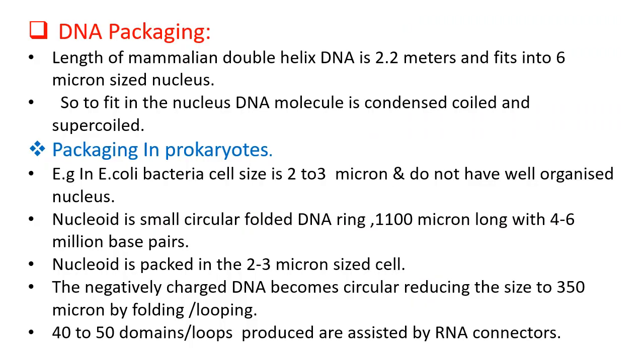You have already studied the structure of DNA in 11th standard. You know that DNA is a double helix structure made up of two antiparallel polynucleotide strands. These strands are joined with the help of weak hydrogen bonds. The DNA consists of a number of nucleotides linked with each other with the help of phosphodiester bonds. Now you know that the eukaryotic DNA is linear or straight, while prokaryotic DNA is circular and folded.